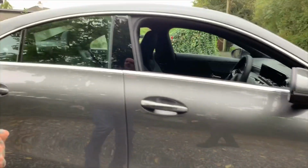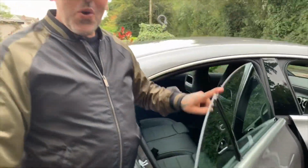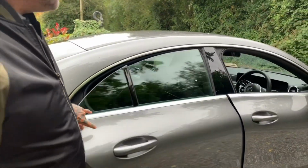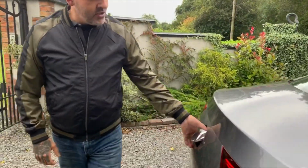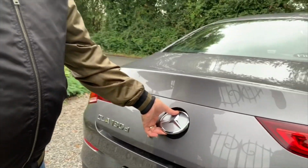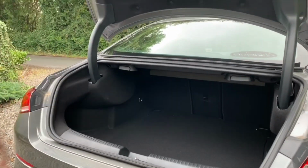What do I love about this car? This. Look at that. Frameless doors, both of them. Your camera for the back is in under this. That's your camera. So when you open it in reverse, that flips up for your camera. But I might as well show you the boot. The boot is